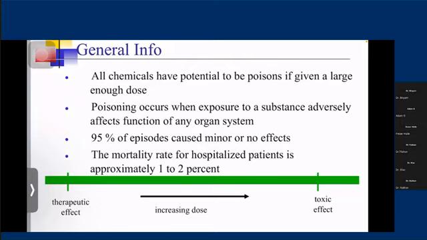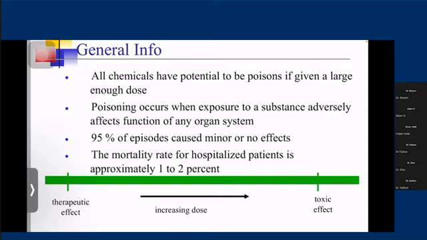Poisoning occurs when exposure to a substance adversely affects the function of any organ. The exposure can be via ingestion, which is the most common route, and also inhalation, subcutaneous exposure, and injections. Fortunately, 95% of episodes cause very minor or no effect, but the remaining 5% can lead to hospital admission and mortality. Around 1 to 2% of hospitalized patients can die